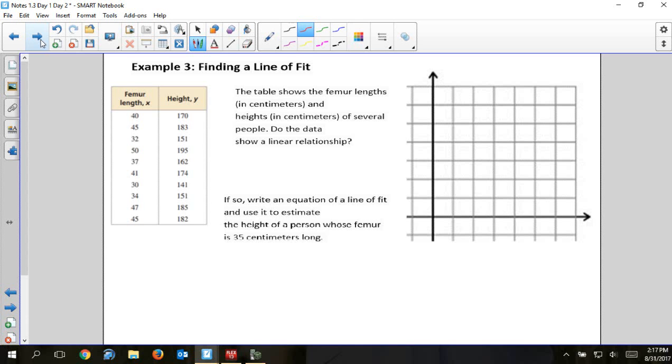So we're going to do everything we just did. So you're going to put it in the table. You're going to graph it. You're going to graph the line of best fit. You're going to write down the line of best fit. We're going to look at the correlation coefficient. And we're going to predict if somebody has a femur of 35 centimeters, how tall they would be. So I'm going to stop talking for a little bit while you start going through the process and ask me questions where you get stuck. Okay? So Shay, this would be a good time to